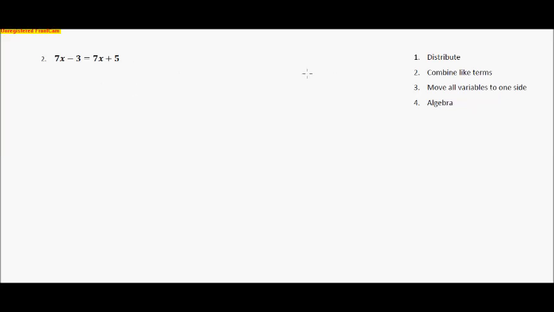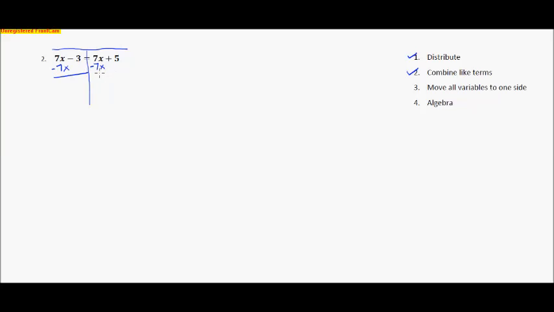Alright, we've got to go down our list again. As you can see, for number 2, there's no distribution to do, so I'm going to put a little check mark there. And I would combine like terms. Again, we can draw our separator here, and it looks like all the like terms are combined on the left side, and all the like terms are combined over here on the right side. So really we're done with that problem. So now we need to move all the variables to one side, and that's going to be the 7x's here. Well, I'm going to take away 7x here, and I'm going to take away 7x here,